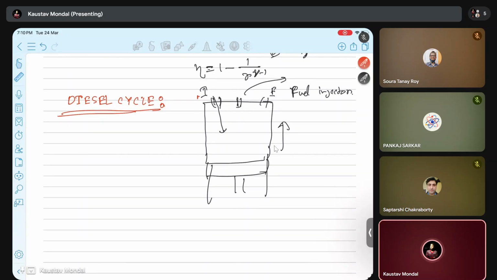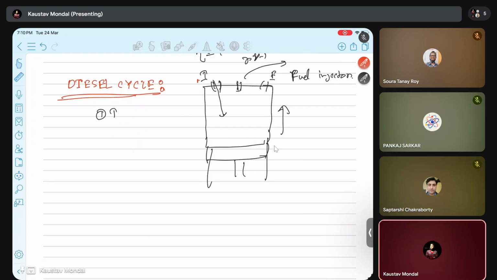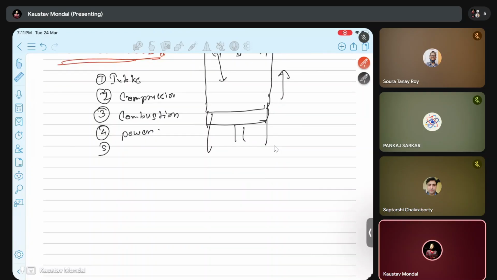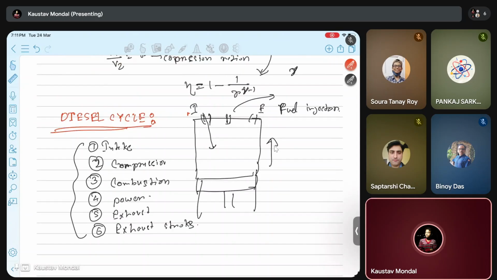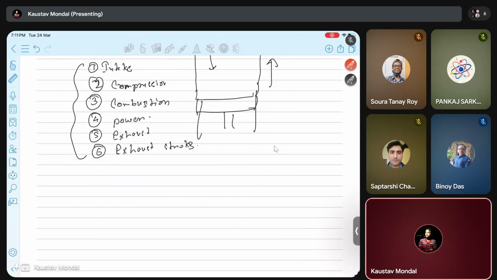Here also the strokes are similar. First is the intake stroke. Next is the compression. Third is the combustion. Fourth is the power stroke. Fifth is the exhaust, and sixth is the exhaust stroke. All of the operations are quite similar to the Otto cycle, but there is one difference in the basic working principle. Because of that, if you look at its PV diagram,